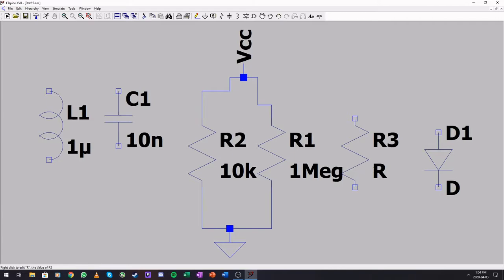Just a side note, not M. If you use M, it will make it a milli. See, I made it a capital M, but it made it 1 milli here. Okay, so just be careful of that. You need to type out meg whenever you need to do a meg. Right. So yeah,